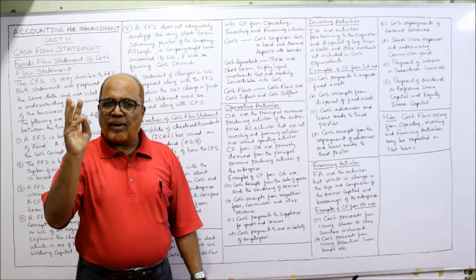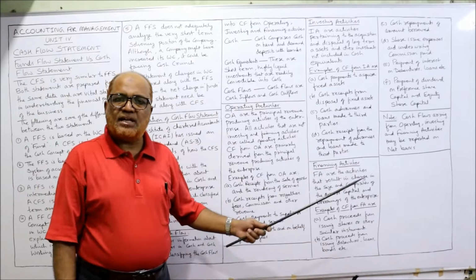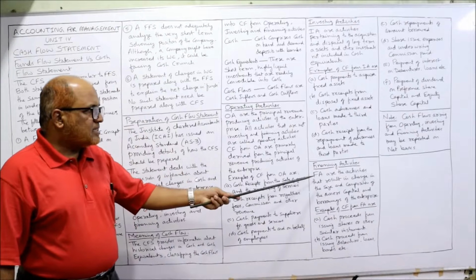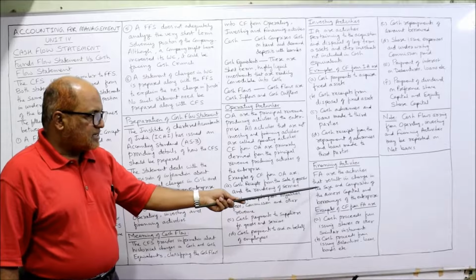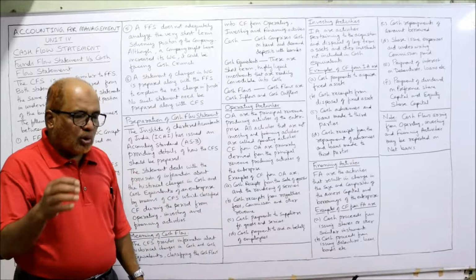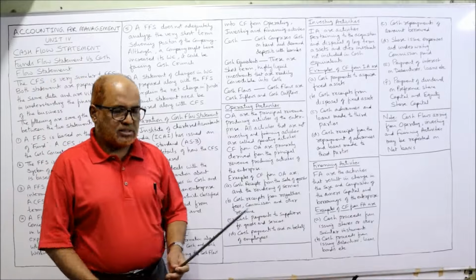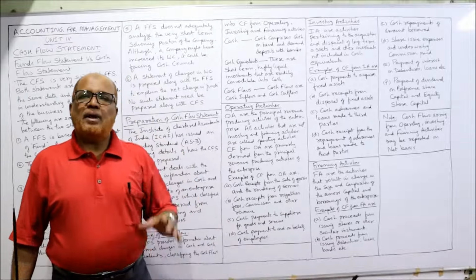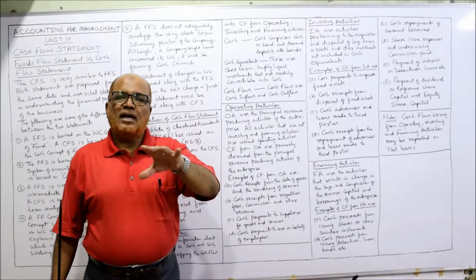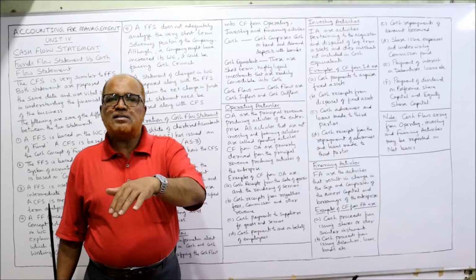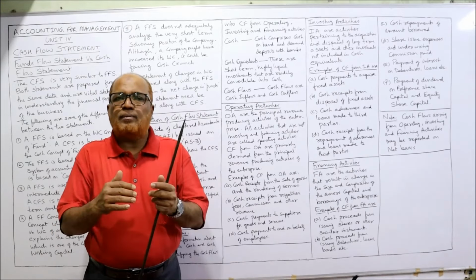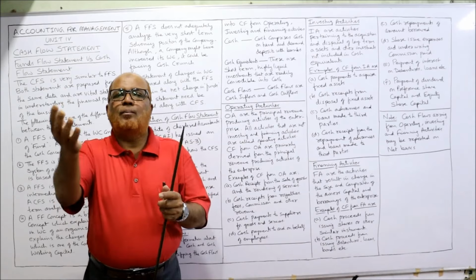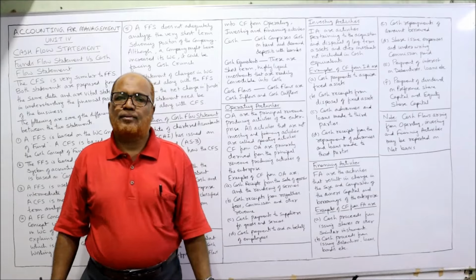Three activities: operating activity, investing activity and financing. The financing activities are the activities that result in change in the size and composition of owner's capital and borrowings of the enterprise. Remember, every business, the investment will be made by the owners and the lenders. The business will raise the money from the owners or the business will borrow the money from the lenders.